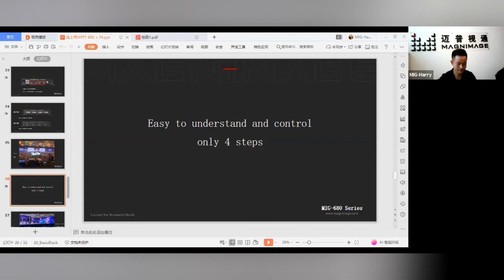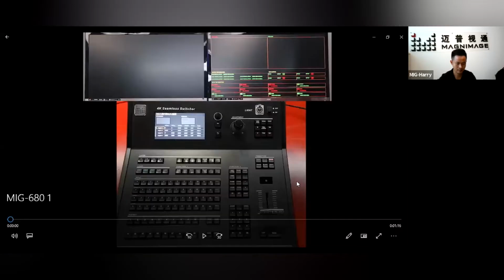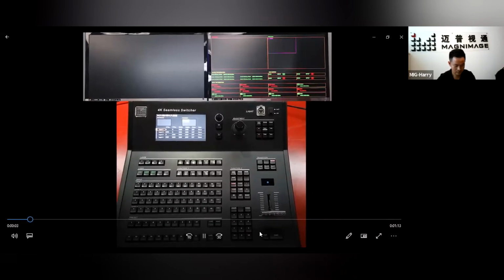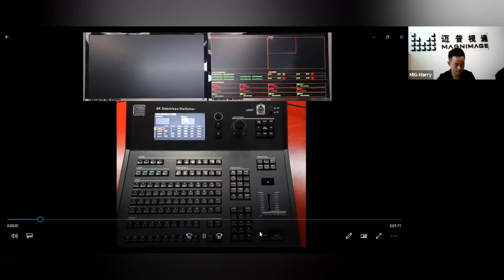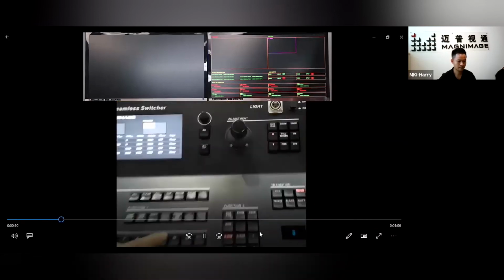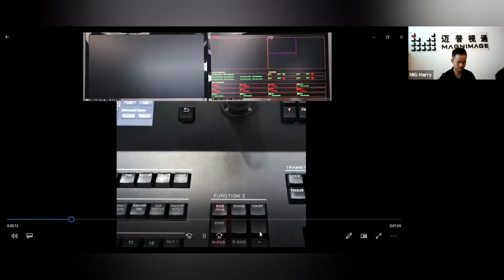First step is to create a layer and then do all the settings like the size and position. For example, size and position,